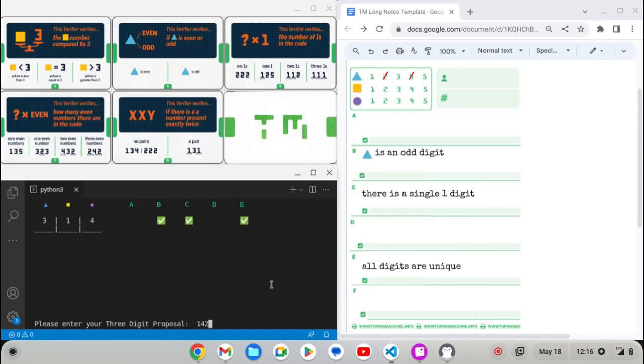Okay, that sounds like a plan. Okay, so let's try that out. 1, 4, 2. Okay, so let's see, what do I want to test? I already know B, C, and E. They were all checks from the previous. So either the number of evens or to see what square might be. I don't think I can just do the 1. That'd be a hard sell. I don't know. I think I'm going to play it safe, and I'm going to test criteria card D and